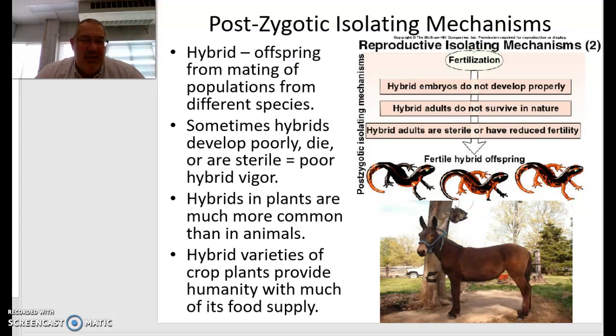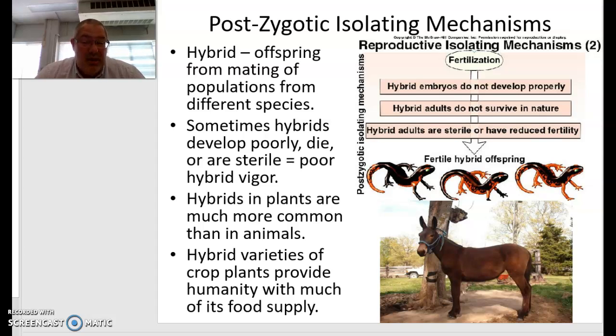Lions and tigers that are kept in zoos have been known to hybridize in between, say, the fence, and they form what is called a tigon or a liger. So it is possible for lions and tigers to produce hybrid sterile offspring as well. So it's not unheard of, but typically the hybrid vigor in the animal kingdom is not as high as it is